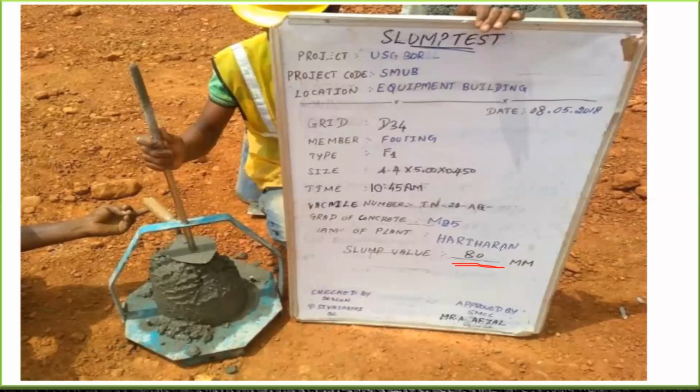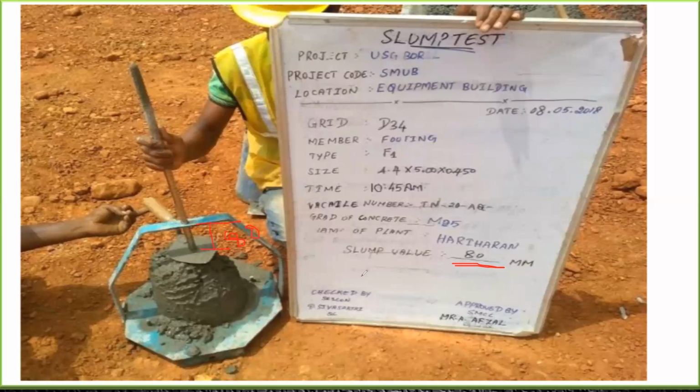And then all these things will be done in the batching plant, and after that the concrete is going to come to the site. So as a site engineer or as a QC engineer, QC stands for quality control engineer, you have to make sure you're going to get the 80 mm slump. And if you're getting this 80 mm slump, and if it is within the limit that has been given to you, only then you can allow this concrete to be poured into maybe a beam, footing or whatever it